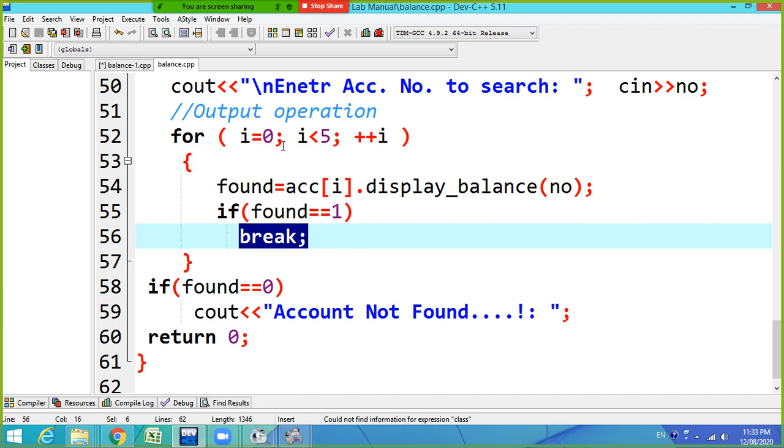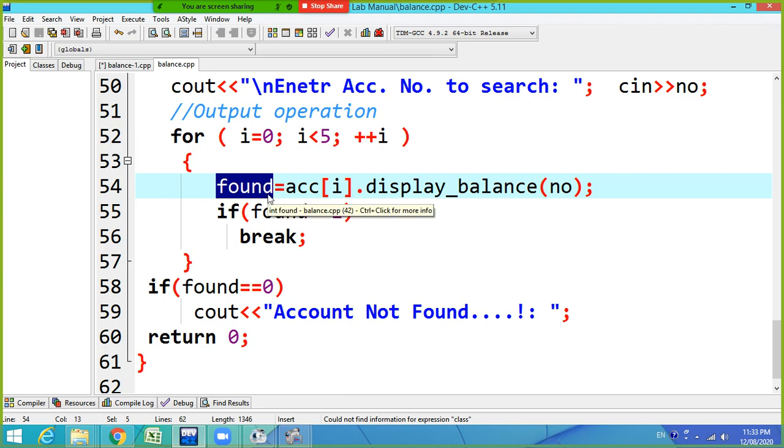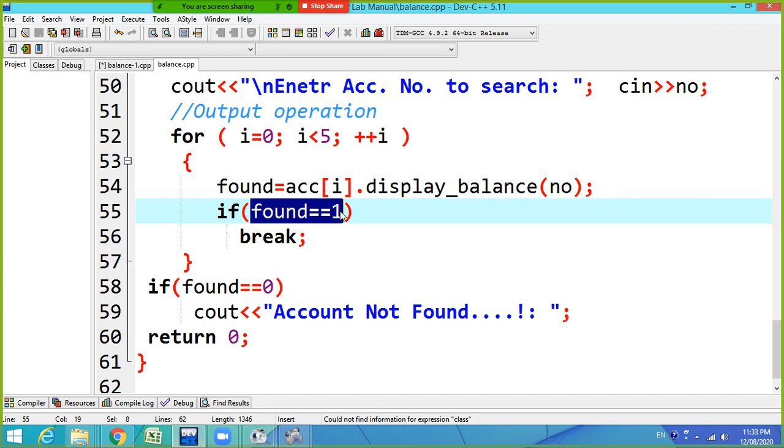Now let us consider that whatever account number I am entering as input is not available in the list. So what will happen? For i equal to 0, the value of found will be 0 because it is not found. i will be incremented by 1, and again I will get 0. Every time this if found is equal to 1 condition becomes false, break will not occur, and the loop will continue.